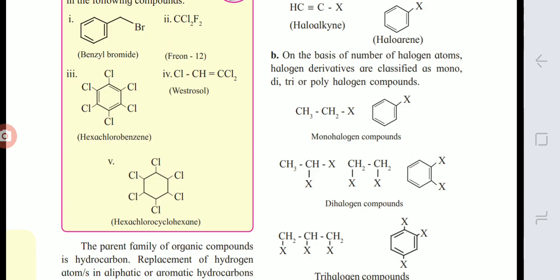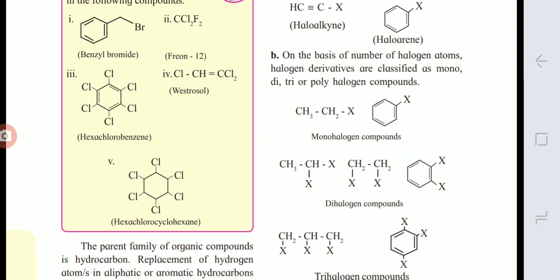In the second structure, CH2X-CH2X, the hydrogen atoms are replaced from neighboring carbons, but they are from two different carbons. So their class is vicinal dihalide. Here the two carbon parent alkane is ethane, so the IUPAC name is 1,2-dihaloethane and the common name is ethylene dihalide.